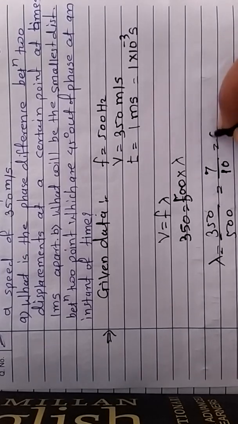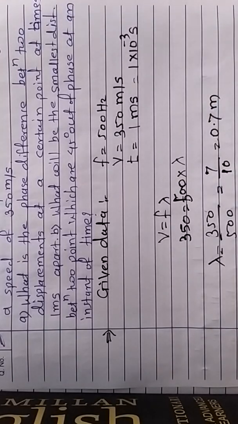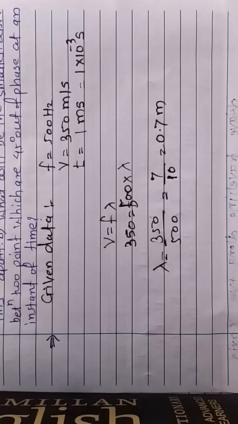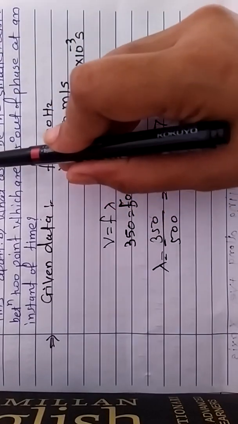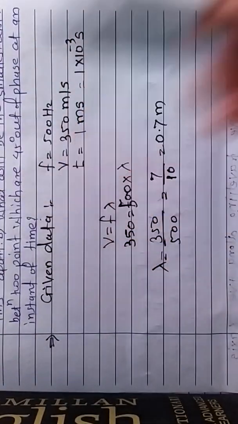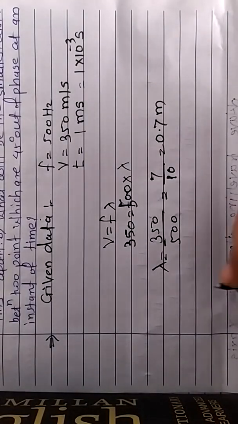Seven upon 10 means 0.7 meter. Lambda's value, lambda is equal to 0.7 meter. Now calculate the phase difference between two displacements. Phase difference is equal to